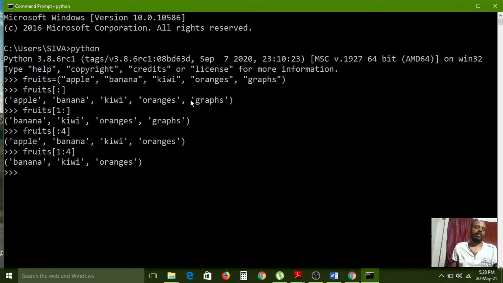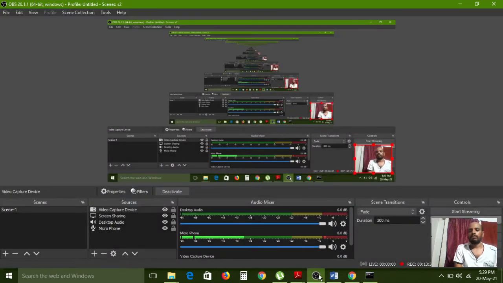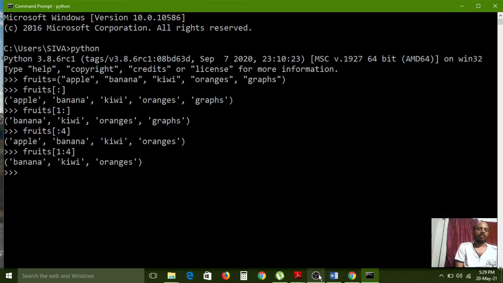So here I have given index 1. If I pass the 0th index, then the apple value will print. But because here I passed only the first index, from the fruit at the first index onwards it will print like this. Now understand the slicing operator uses. Right. Next,